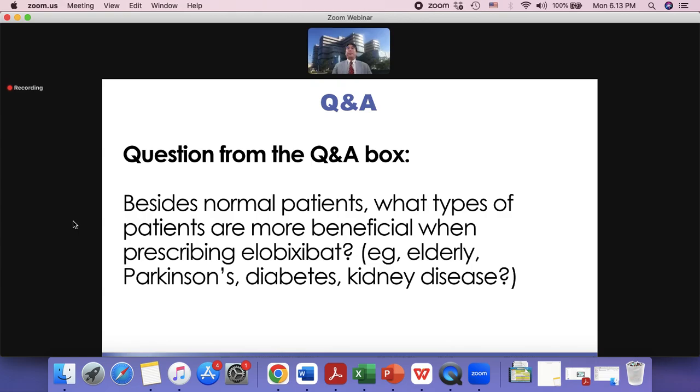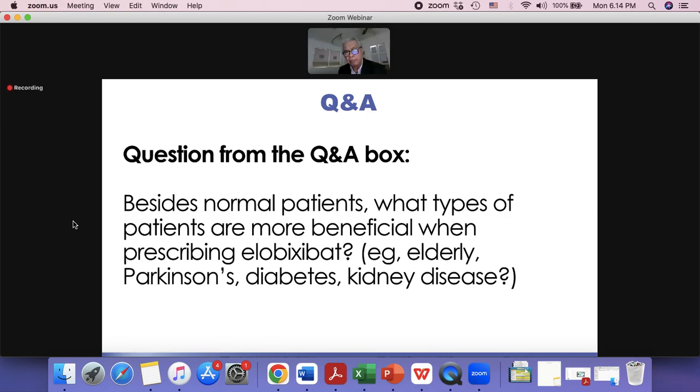Thank you. Yeah, I think I just want to add that there is a paper, which maybe I can't remember if you presented, from Professor Manabe, which showed that Elobixibat can improve the rectal sensation to create an urge to have a defecation. So I think from that perspective, it will be particularly suited for patients with Parkinson's and the elderly, where sometimes there is a loss of this sensory perception for bowel movement.